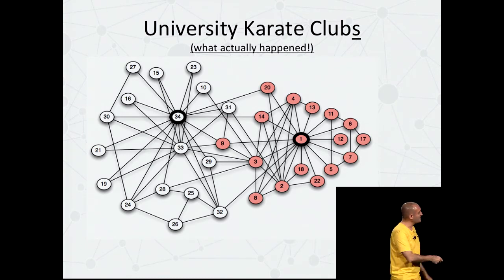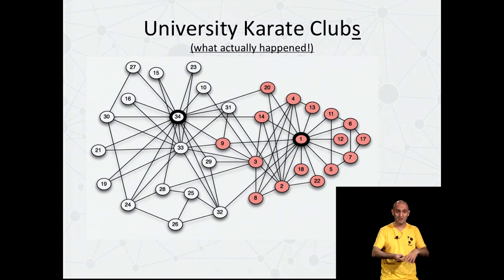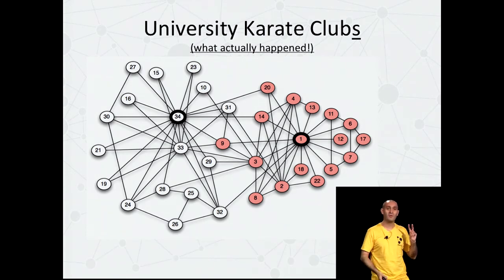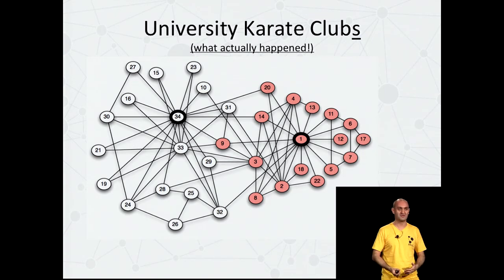So what's happened here? Actually, number 9, here you can see, is far more embedded in the network around the professional instructor. He's got loads more links to people who are around that guy than he has to people on the pink side of things. But when the club actually does split, the politics split the club in half in 1978, student 9 goes with the original instructor. Why? Because he was 2 weeks away from getting his black belt under that instructor. And graph theory can't account for that, right?